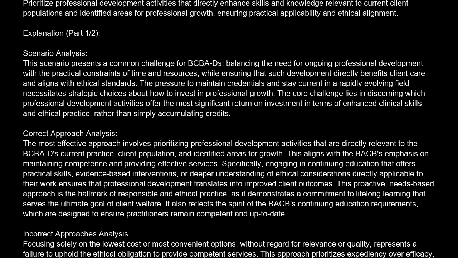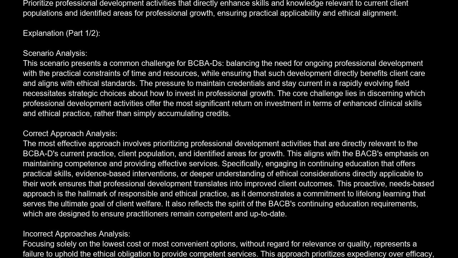This proactive, needs-based approach is the hallmark of responsible and ethical practice, as it demonstrates a commitment to lifelong learning that serves the ultimate goal of client welfare. It also reflects the spirit of the BACB's continuing education requirements, which are designed to ensure practitioners remain competent and up-to-date. Incorrect approach analysis. Focusing solely on the lowest cost or most convenient options,